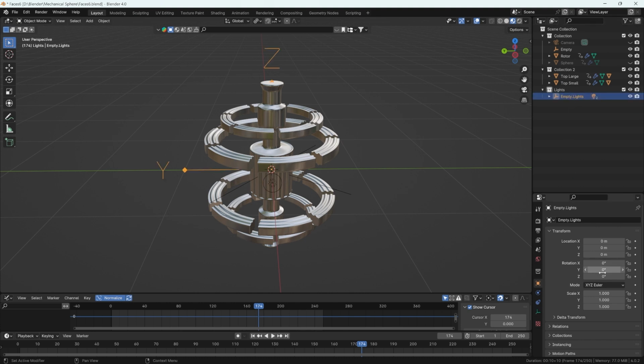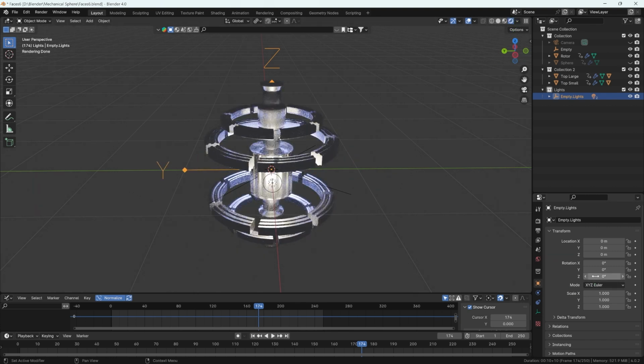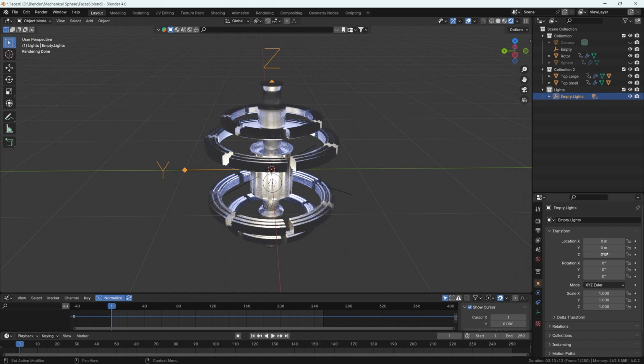And now, if I rotate the empty, you can probably see that the lights are going around. Let's maybe come to this view here, and you can see that the lights are rotating with the empty. So what I'm going to do is I want the lights to oscillate up and down as well as go around. Let's come to the first frame and let's set the Z location to negative 0.45 and hit